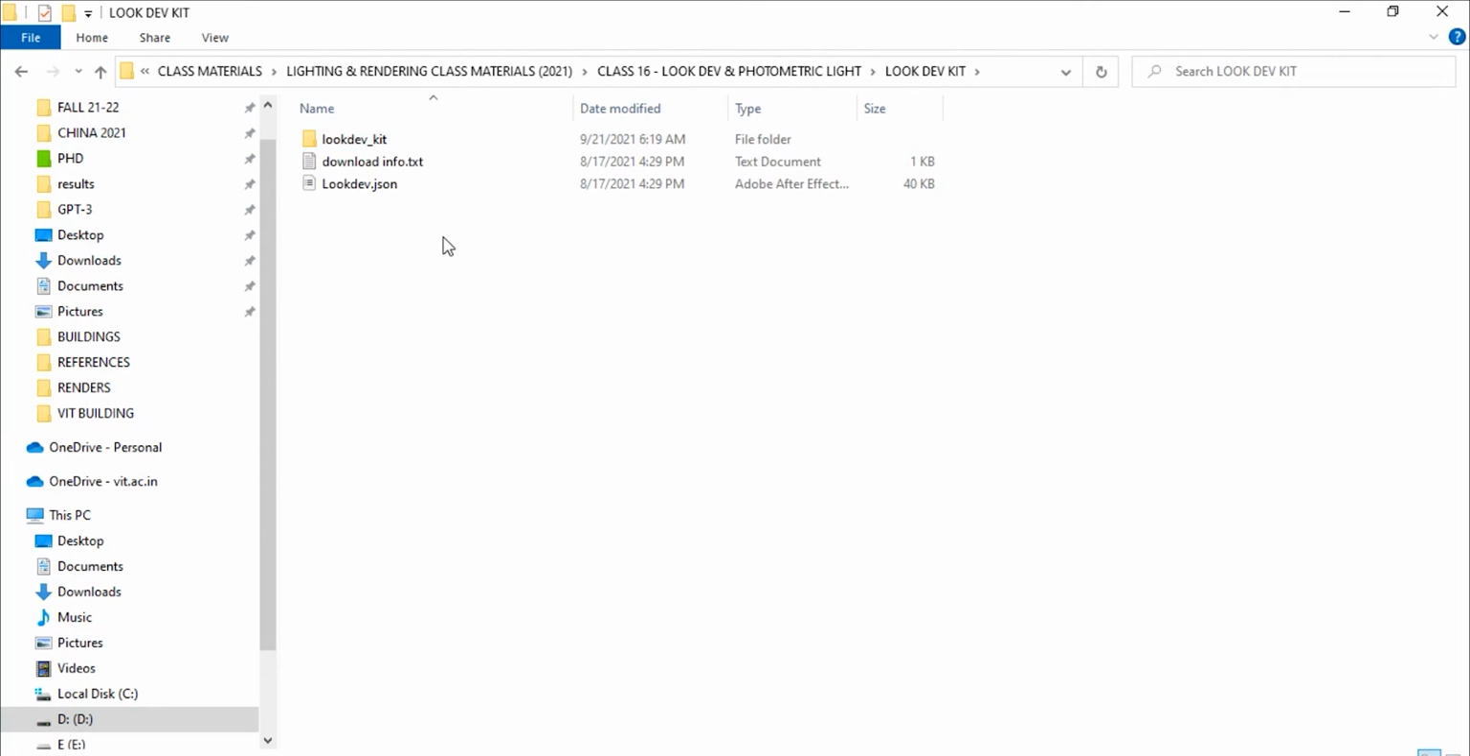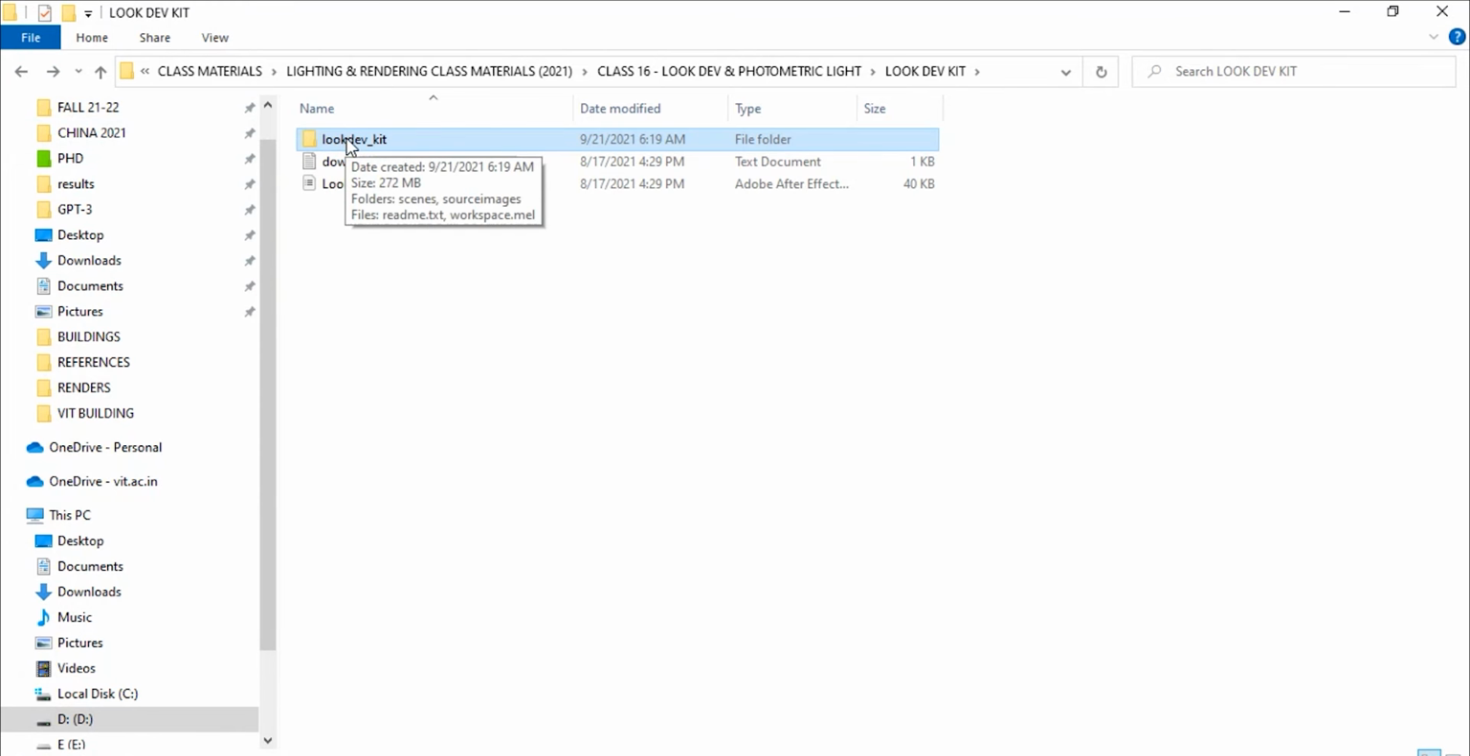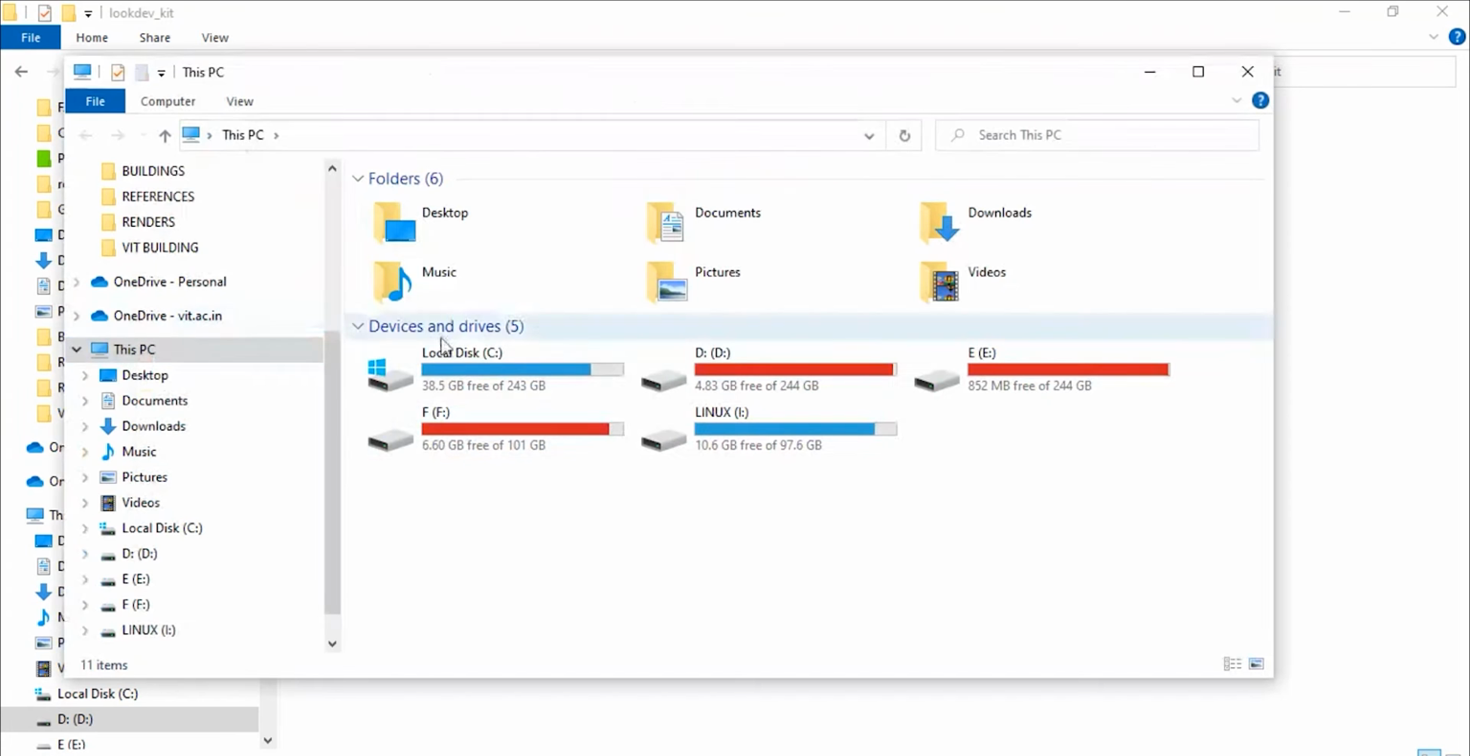Look development kit. The first thing we would do is, inside you could find there is a look development kit folder. Okay, so again go inside this, and there you can find a README text. Maybe I could just open